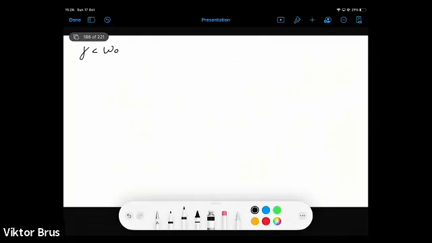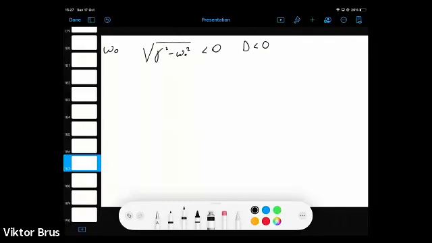If gamma is smaller than omega naught, then the expression which goes into the discriminant of the characteristic equation, this gamma square minus omega naught square, will be negative. So our discriminant will be negative